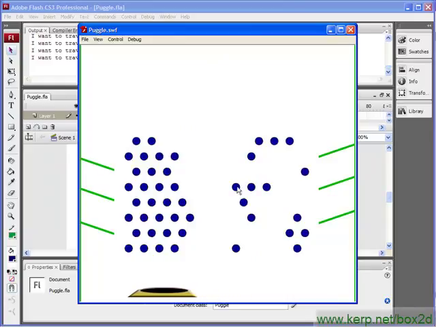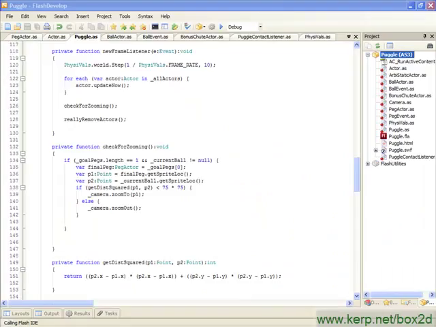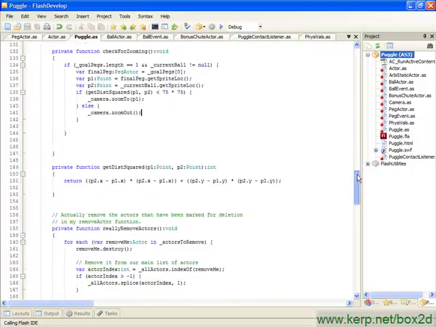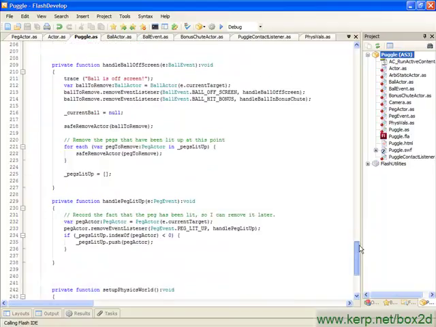Yeah, you'll notice that I'm sort of zooming in to this peg that no longer exists, and that's just because I haven't quite cleaned up everything yet. So let's perform that little last bit of cleanup. Basically the only thing I really have left to do is to jump down here to my handle peg